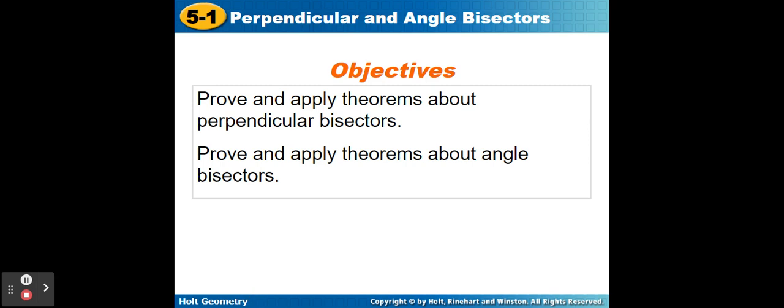And in this lesson, we're going to review theorems about perpendicular and angle bisectors and their connections with isosceles triangles. So the objectives of this lesson is that by the end of this lesson, you will be able to apply theorems about perpendicular bisectors and be able to apply theorems about angle bisectors. Both of these will be used to find various important centers of triangles, and we'll be using them in a